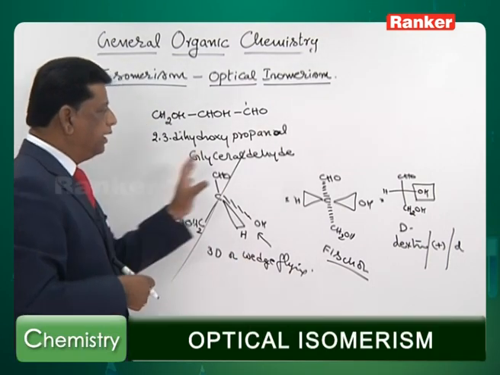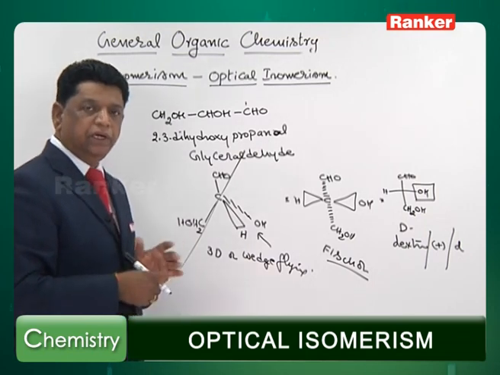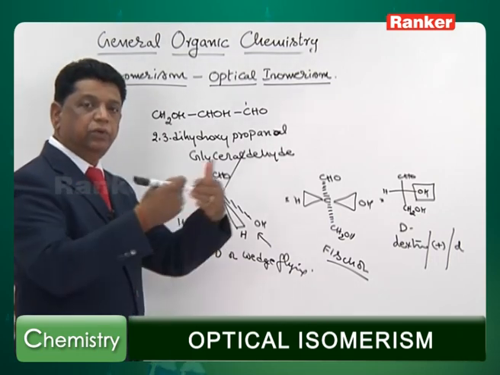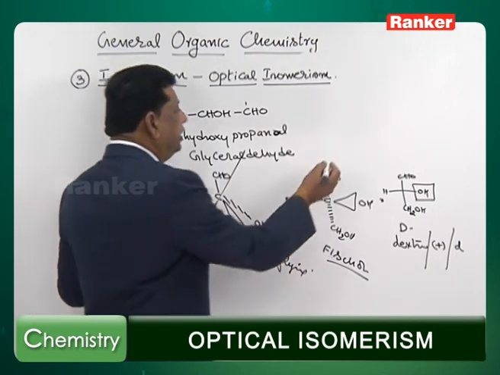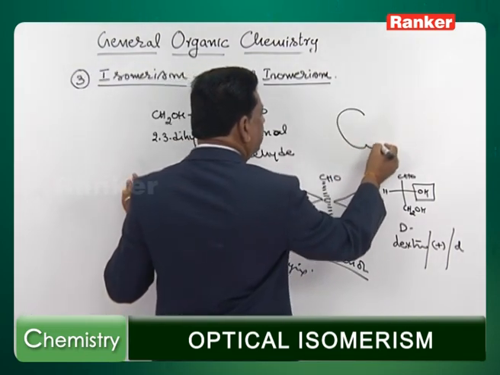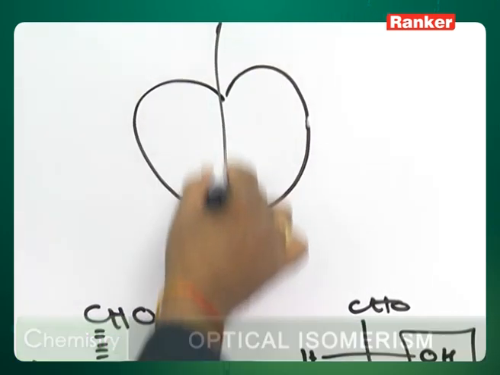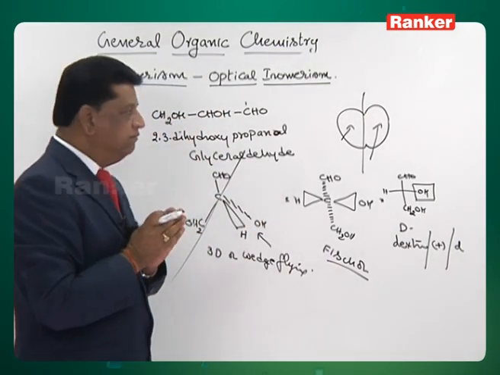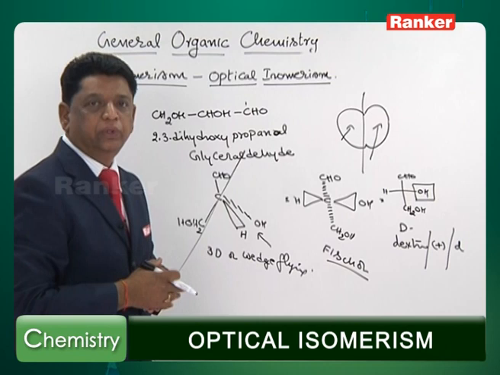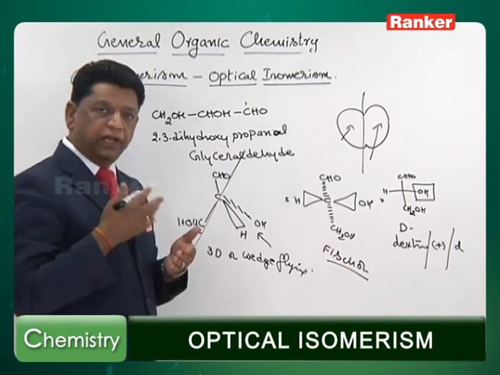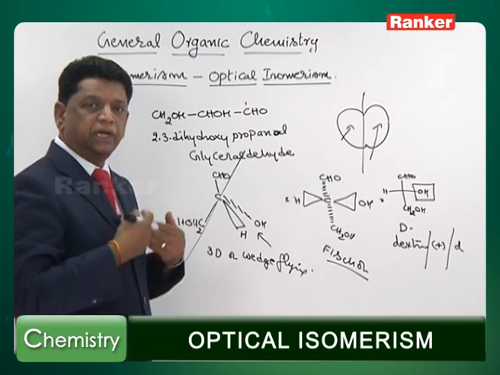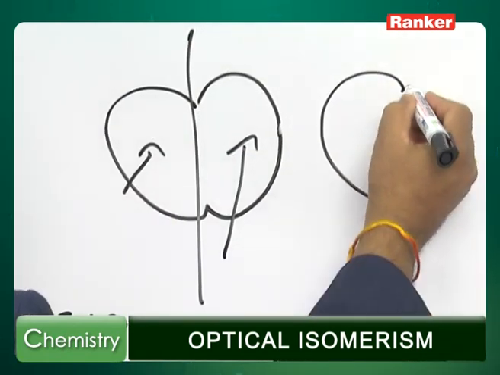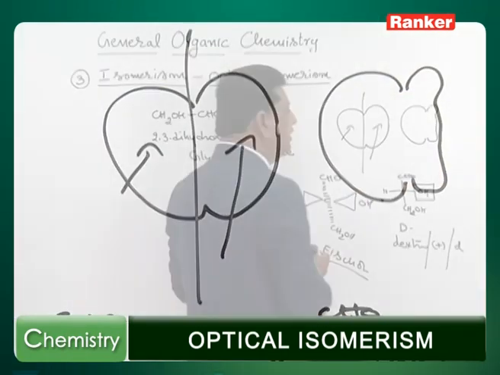Why does plane polarized light, when passed through the compound, rotate to one side? The light is said to travel in two coordinates. For example, if you take an apple which has a symmetrical structure, and the light passes half from this direction, half from this direction, because the two parts are identical, the light comes through without any deviation. That means if symmetrical molecules are allowed to pass light through them, it comes without any deviation. But in the same apple, if one side is perfectly okay, and the other side has become bad because of some disease, let us say,